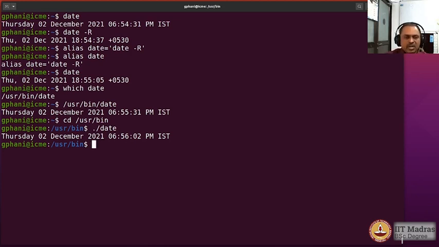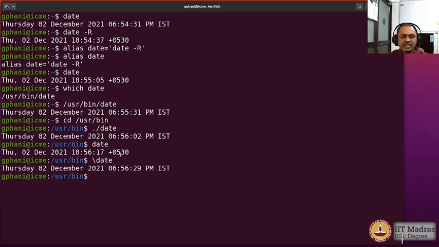Now let us say I want to type the date command, but I would like to escape the alias that I have kept. For that you can use the same backslash the way we have escaped the dollar symbol in the previous example. If you do that, then the aliases are all escaped and you would run the command with its default behavior. So what we have learned is that there are multiple ways of executing commands.